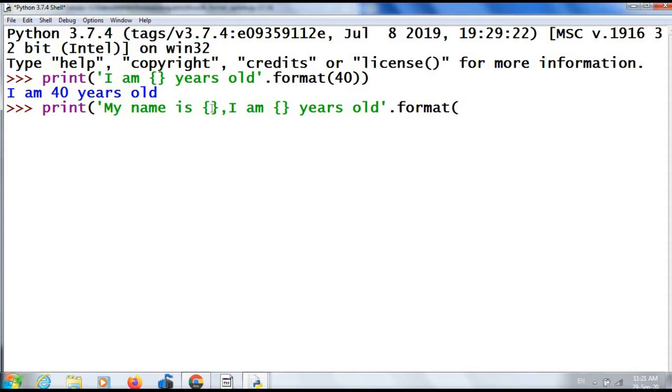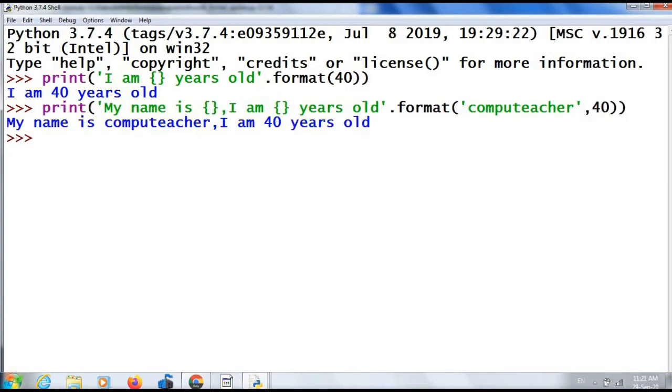The first one is a string, so I have to use quotes: "Compute Teacher", then a number, 40. Close the print function. See the output: My name is Compute Teacher. I am 40 years old. That is, the first curly bracket is substituted by the first argument and the second curly bracket is substituted by the second argument. So, format is a string formatting method in Python, and this format method allows multiple substitutions.